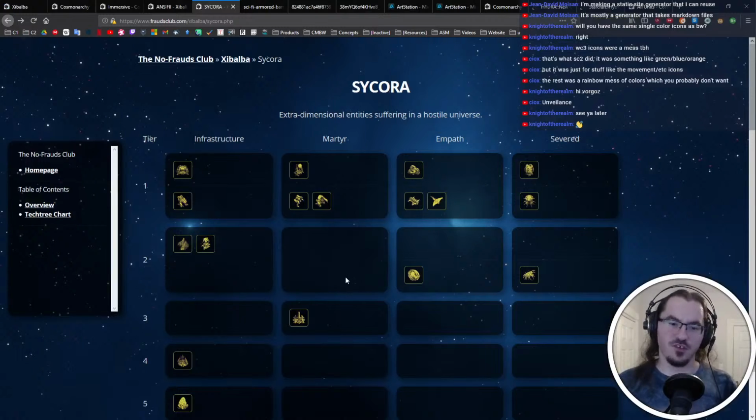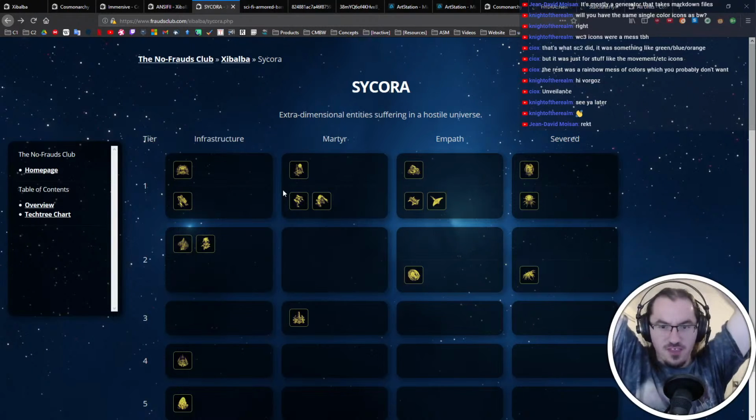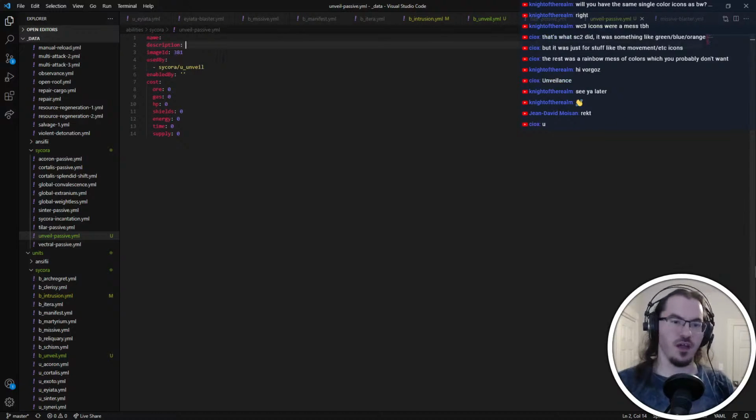Okay, so what I want the unveil to do is basically, I kind of want it to just boost shield regeneration rates in an area, but I'm not 100% sure how to balance that one out. I guess this could just be a fairly large structure or something. And then also obviously have it be that the boost is localized to a specific region. And we would just go from there. Probably. We could do something like...